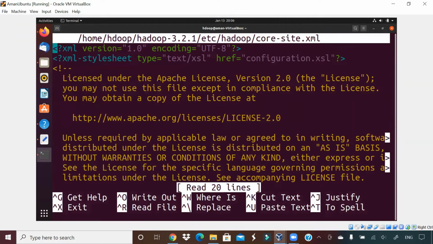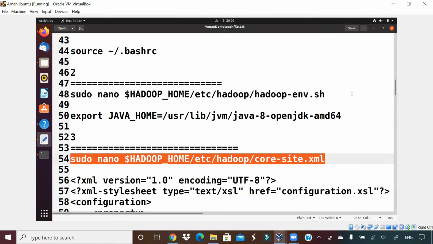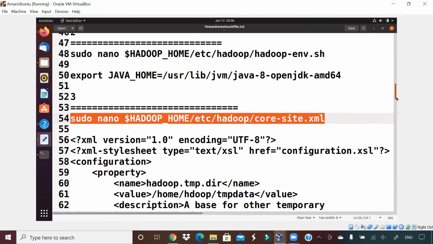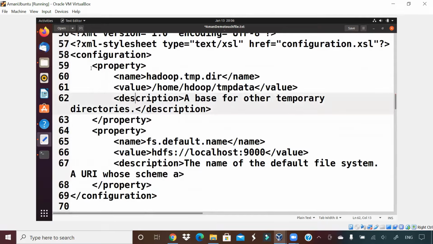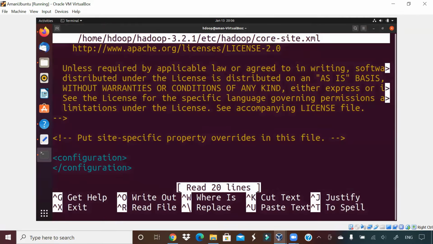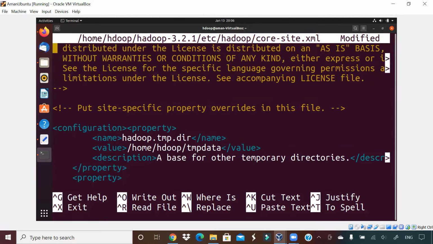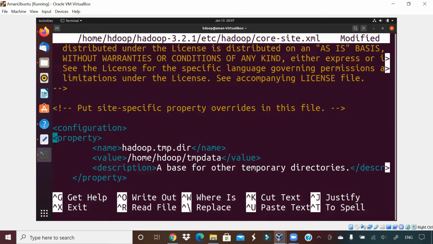This is how this file looks like, guys. XML, and then there will be a configuration. Okay, inside this configuration, what you should do is you should give something like this property. Okay, so inside this configuration, copy this property from here, and you come back and just inside this configuration paste whatever we have copied from there. Okay, so in configuration there is property. Let me format it a little so that it looks good. Okay, so here will come property, then comes name, value.